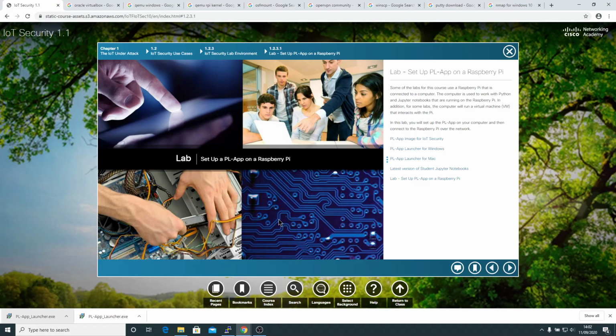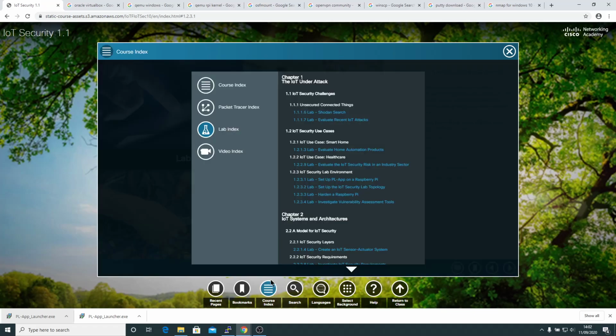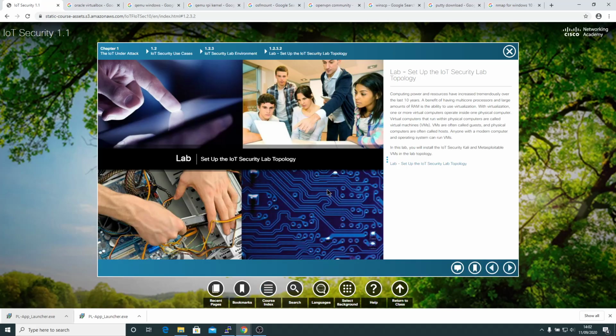The next software that we require can also be obtained directly from the Cisco IoT Security Curriculum website. So if we go back down to course index and we look at the very next lab, that's lab 1.2.3.2, set up the IoT Security Lab topology. If we follow the hyperlink,